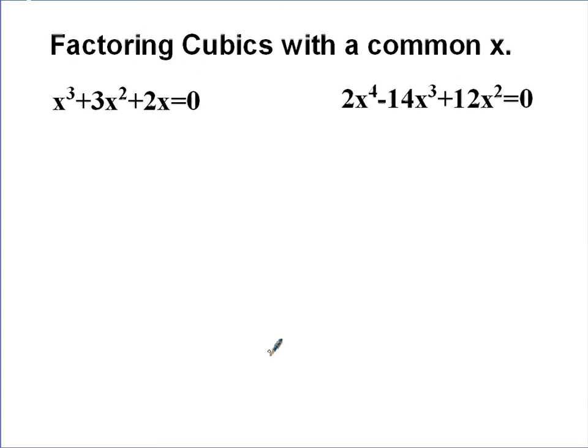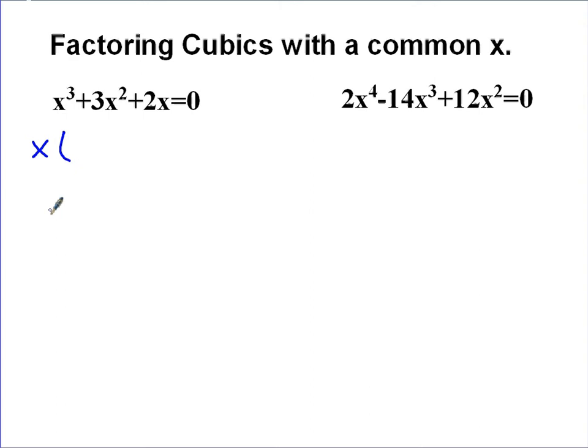Okay, we're going to factor some cubics that have a common x in order to solve them. So as I'm looking at this first one, x cubed plus 3x squared plus 2x equals 0. The first thing you should do when you're trying to factor is look for something in common, whether it's a constant, between the coefficients, something in common, or an x. And in this case, they all have an x, so I'm going to factor an x out